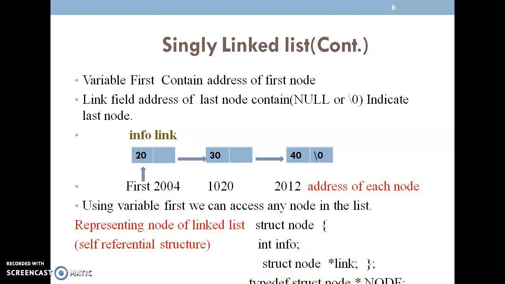This typedef is typedef struct node, and I'm renaming it as a capital Node. It contains both the information value and the link field. Whenever I call a Node variable with a capital letter, that copies both fields, information and link. I'm just renaming it. No need to write the information and link every time. Whenever I just call Node, by default it contains both the values.